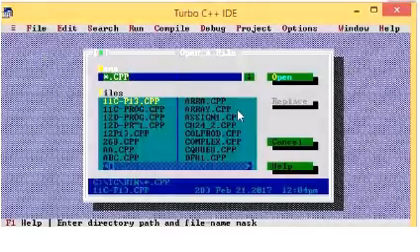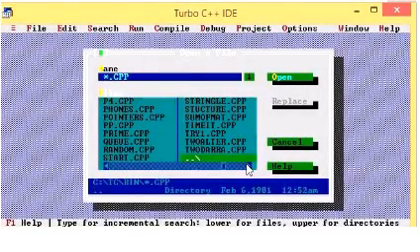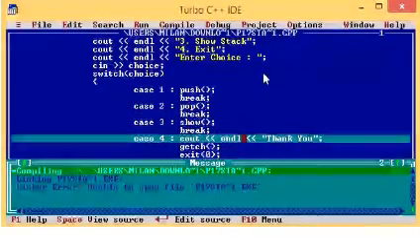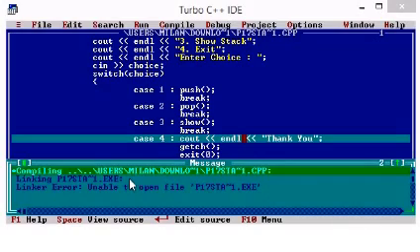Open the stack function. P17 stack is our file name. So let's open P17 stack.